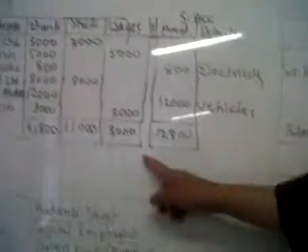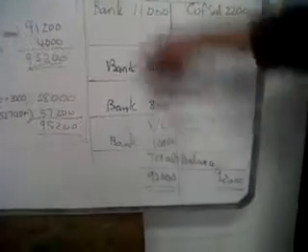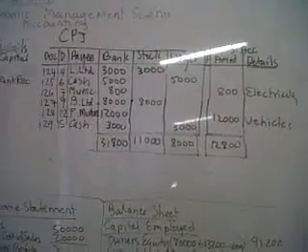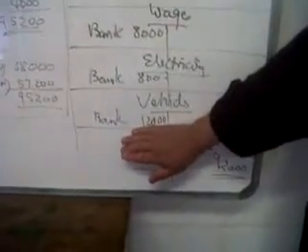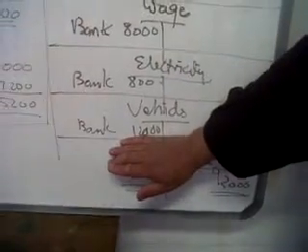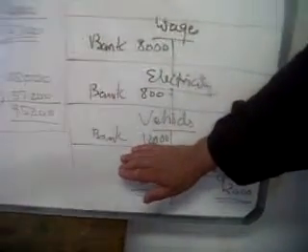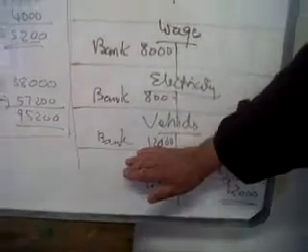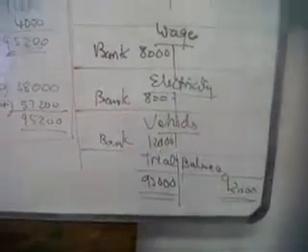I just want to get the principle through. The wages account is then debited with 8,000 from the CPJ. The electricity is debited from the CPJ. The vehicles is debited with 12,000 from the CPJ. And now let's just look at that up till there. That's all our stuff has been done. If they ask you to do the trial balance, but you just don't do the trial, just add up what you've got on the debit and credit side. You'll see the total will be the same.